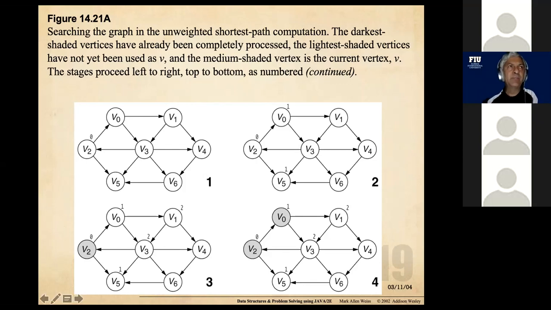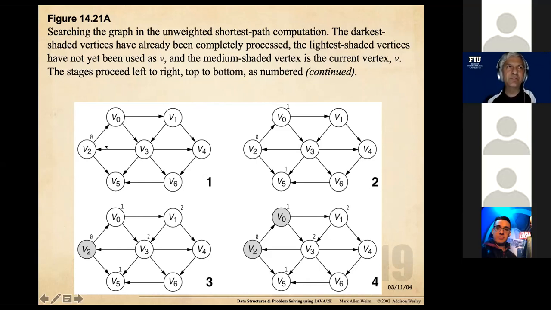So in this case, if you were to pour some fluid over here, it'll immediately start to flow in both these directions because both these edges are leading out. Imagine that both these edges are flowing at the same speed. And because both of these edges are of weight 1, after some amount of time the oil would have flowed from here to here and here to here at exactly the same time because they were both at distance 1. So if you think about the speed, let's say the speed is 1 unit per second. In that case, when you pour oil in here, in roughly 1 second, you would have oil reach V0 and